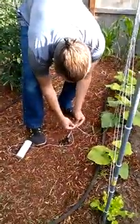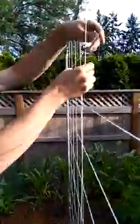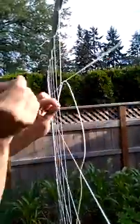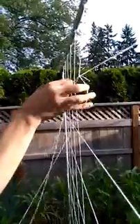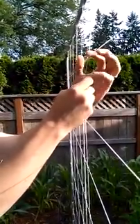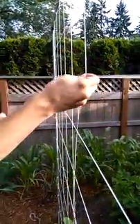Actually, before you do that, it makes it a lot easier if you don't have this attached to the spool. So go down to the bottom and then leave yourself a little bit of room, about 8 inches or so, and then snip it. So you have this nice easy string to work with now. So you go under and left, and then over and through the right side, and then you can kind of play with it with your thumb to make this go down a little bit more, and then you go down to the next one, go through the left side,